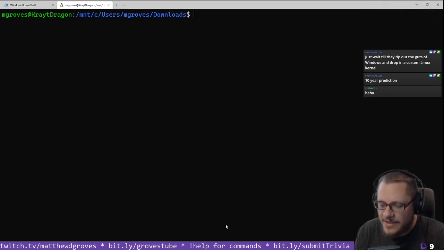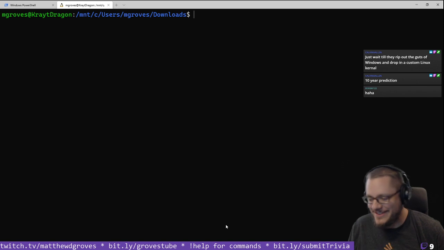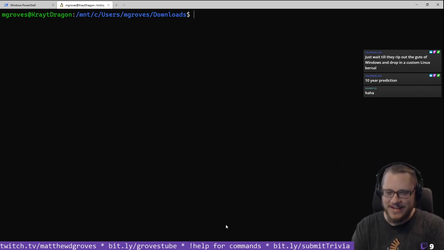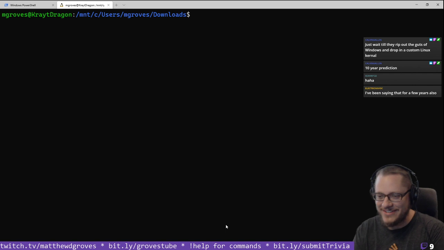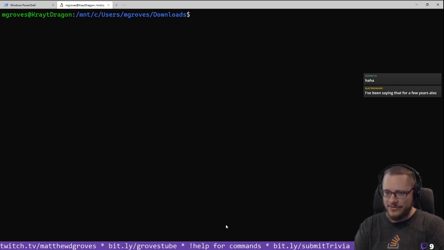Pretty awesome. Calvin says they're going to rip out the guts of Windows and drop in a custom Linux kernel within 10 years. That's his prediction. I mean, 5 years ago, I would have said, you're crazy. That is never going to happen. But I would have also said, you're never going to be able to run Linux inside of Windows. But I don't know if they're going to rip out the guts of Windows and drop in Linux. But I could definitely see some sort of